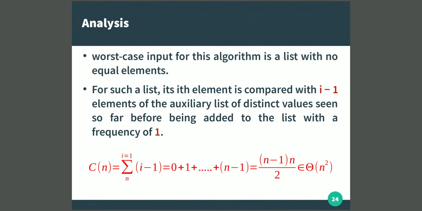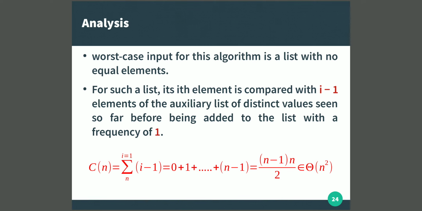So before an ith element has to be inserted, the number of comparisons that you need to make is i minus 1. Okay, so if we do this computation for all the elements, then it becomes a summation. Summation of i in the range 1 to n of i minus 1.